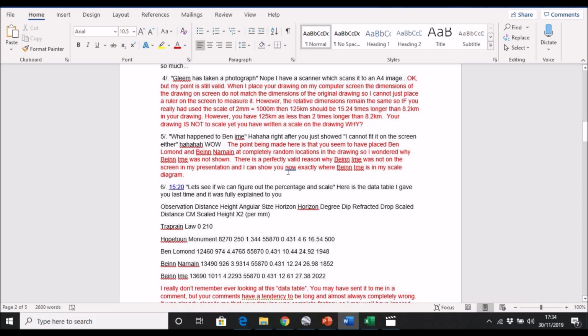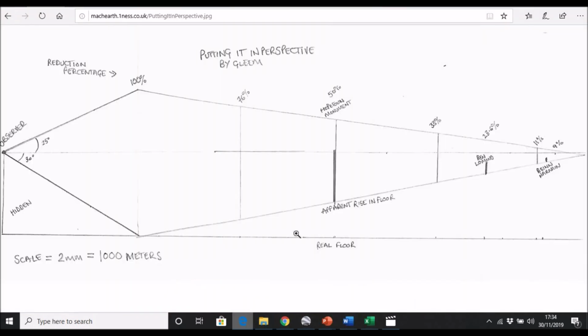Then the 125 kilometers should be 15.24 times longer than the 8.2 kilometers to the Hope to Monument. What I'm referring to here is that the distance from Ben Lomond to the observer is 125 kilometers in reality. The distance from the Hope to Monument to the observer is 8.2 kilometers. So this distance should be 15 times smaller than this distance, and yet it's actually